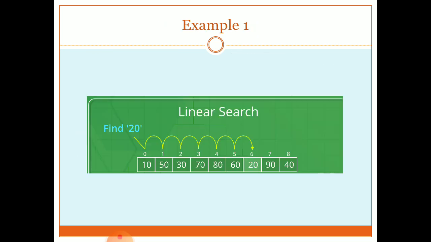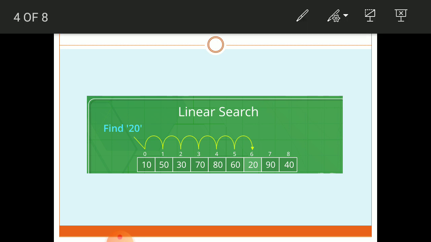So see here, consider I have one array list which consists of the elements 10, 50, 30, 70, 80, 60, 20, 90, 40 like that. Consider I want to search the element 20. So 20 is my item. From the given list, after the element 40 at position 8, we have to add that 20 at the next position. At the 9th position I added 20. Now I set my counter at the first position.